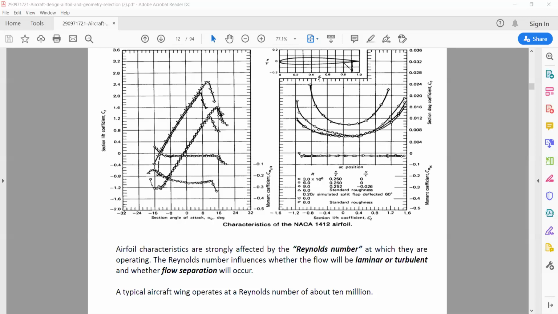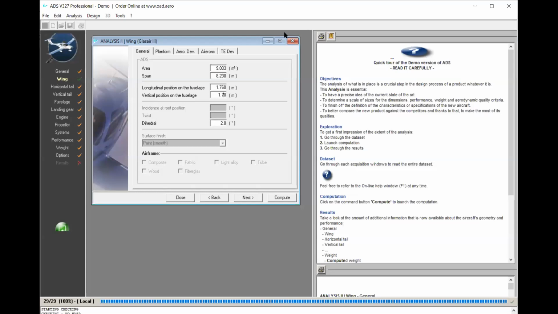Sir, at which slide are you in, sir? At which slide are you? It's not showing now. Not sure. 1 minute, 1 minute. Now it is showing. Are you on the 12th page, sir? Not the 12th page. I am in some tool, ADS tool. It's not showing. Yeah, it's showing now. Okay, now it is showing.